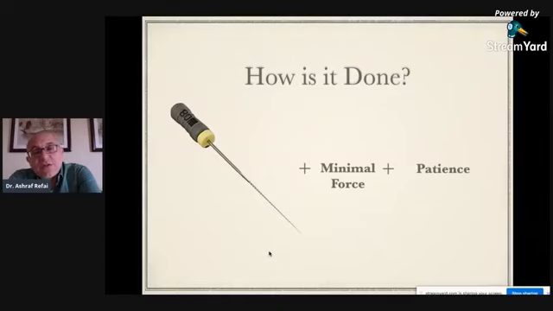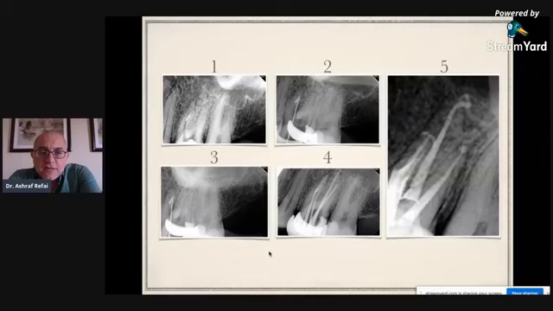If you begin your procedure with the intention of drilling next to the fractured instrument, then you are probably going to perforate this root. So here is a case. This is a very, very tough case. This was an upper 6. And you can see in X-ray number 1, an instrument fractured ahead of the curve. I started finding space between the instrument and the canal walls.